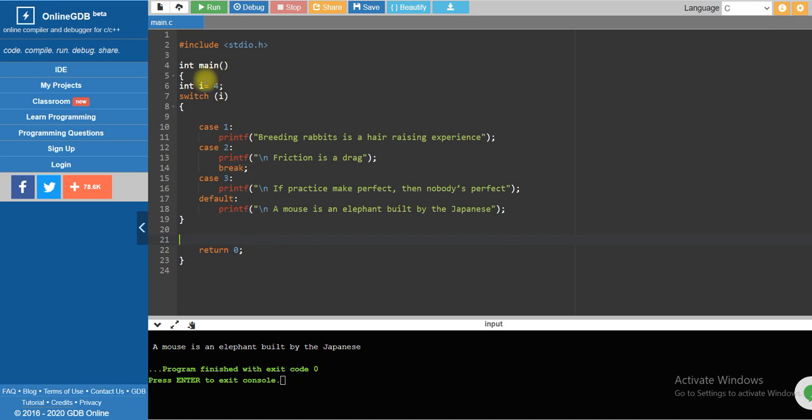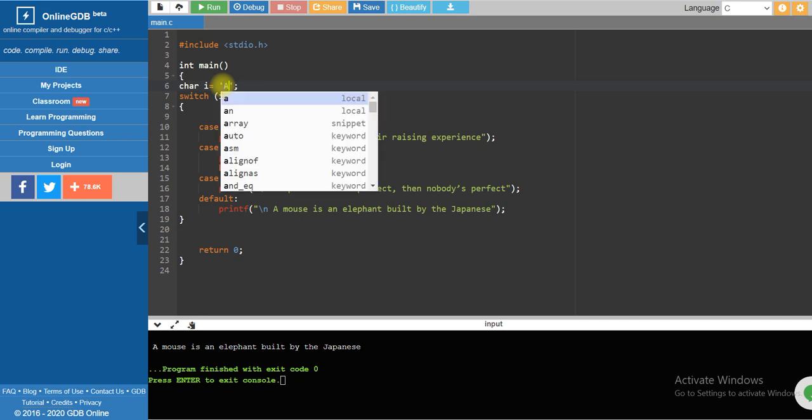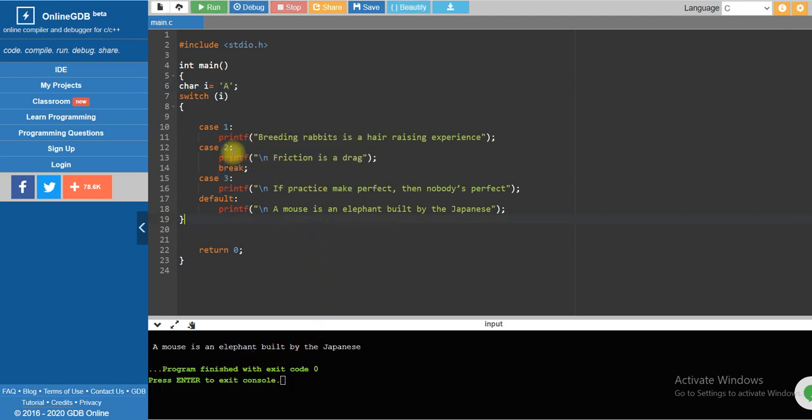I hope I am clear. Let me also cover one more thing: char i, let me mention it like 'a'. In this case also the default value will be printed. Here I can also write 65.